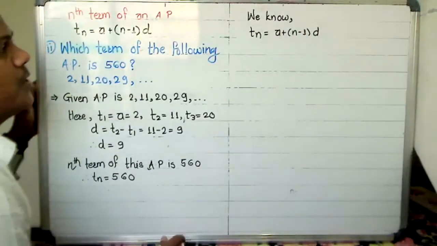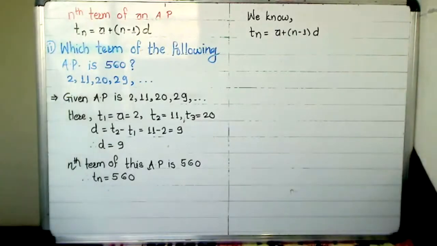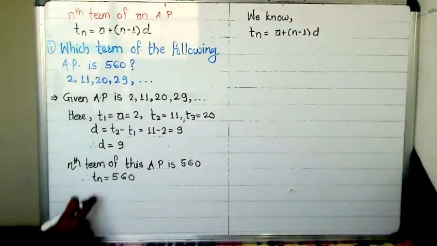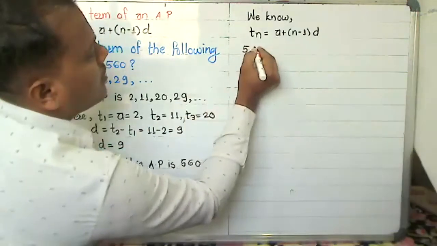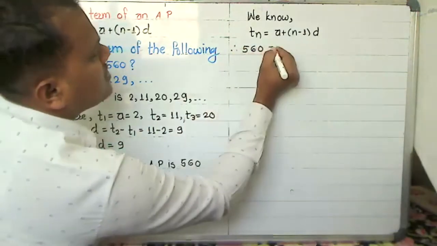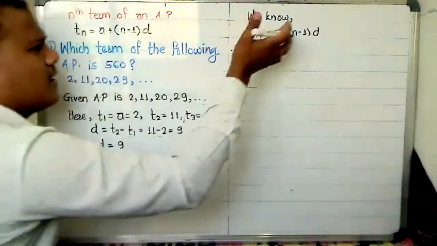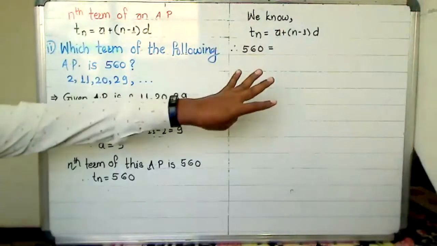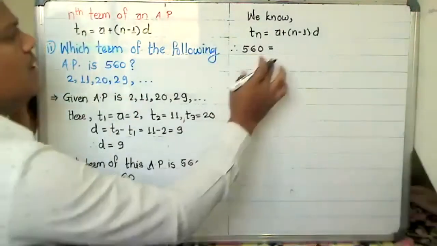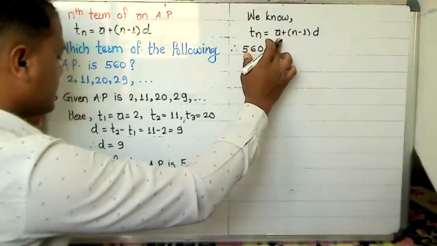Tn is equal to A plus n minus 1 into D. But the value of Tn here is 560. Now after writing this formula, simply you have to put the values. So 560 equals A plus...